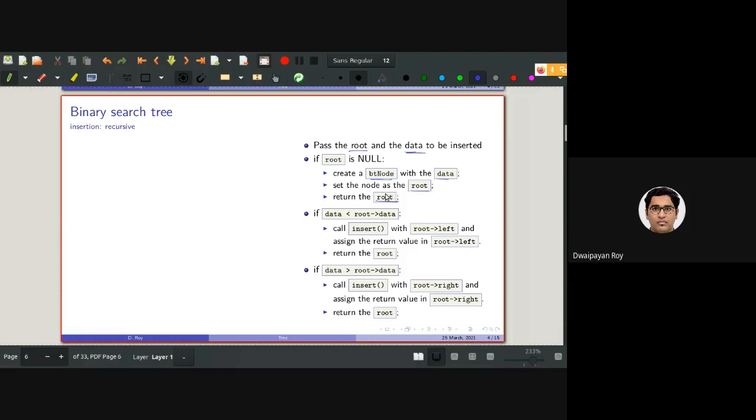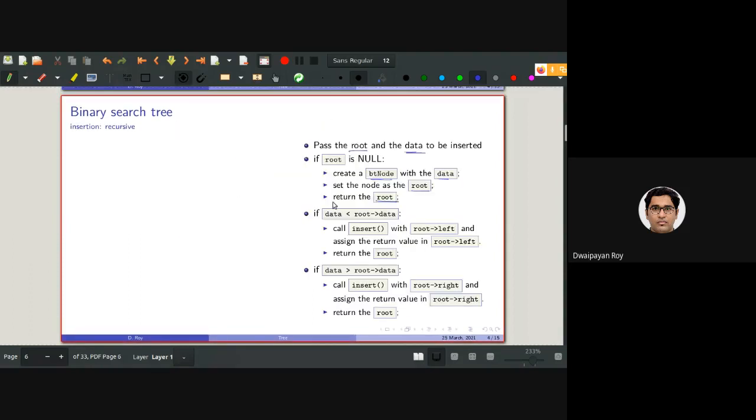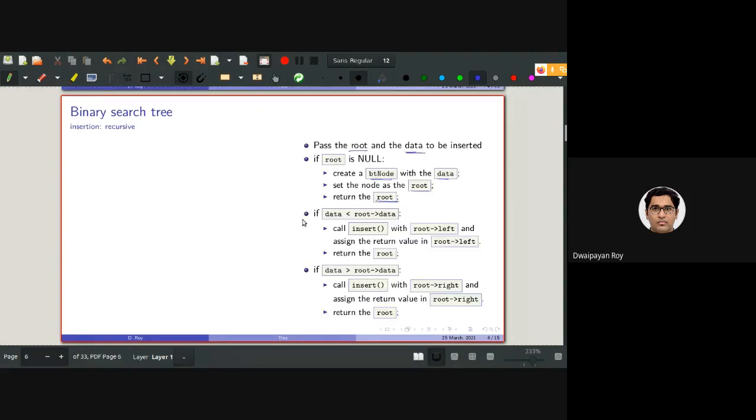This is for the case when we are inserting one node for the first time, when we are inserting 13, or the case when we have reached a leaf. For example, when we have reached here and we want to insert 47, here the actual creation of the node is performed, and the corresponding pointer is returned.